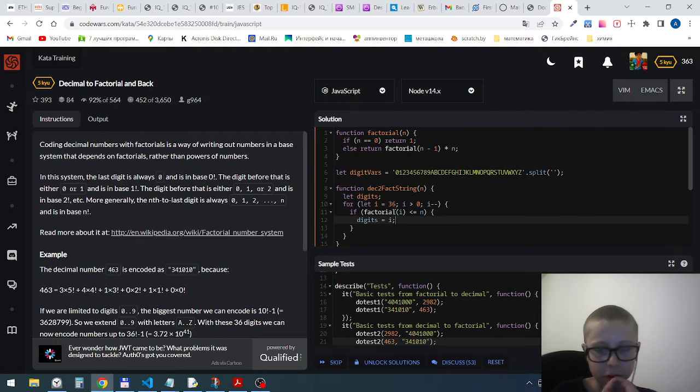Digits is equal to i plus 1. Because here i is the maximal number which factorial is smaller than n, and we need to have the minimum number which factorial is bigger than n. So here we need to take i plus 1